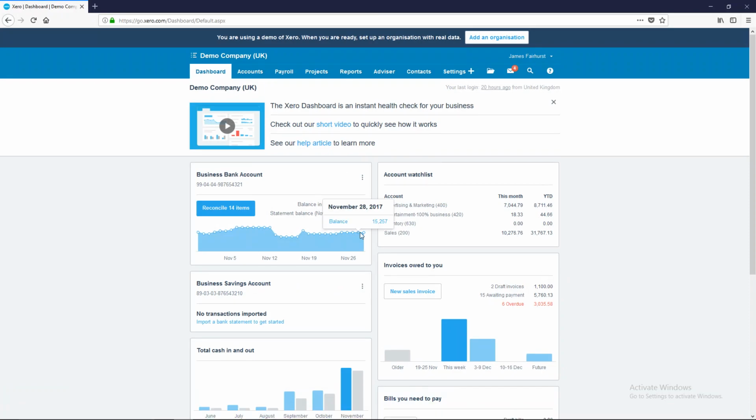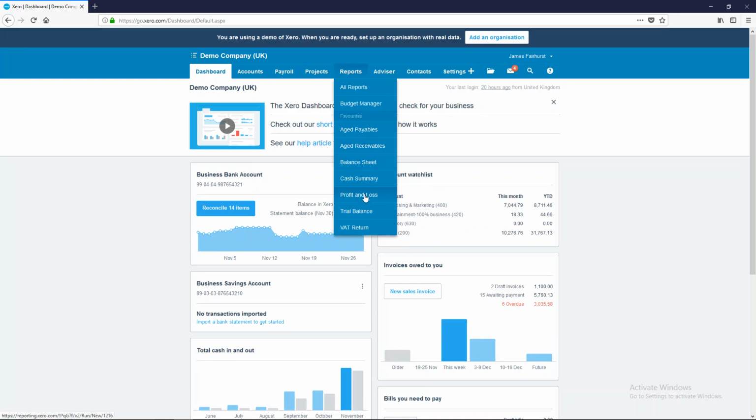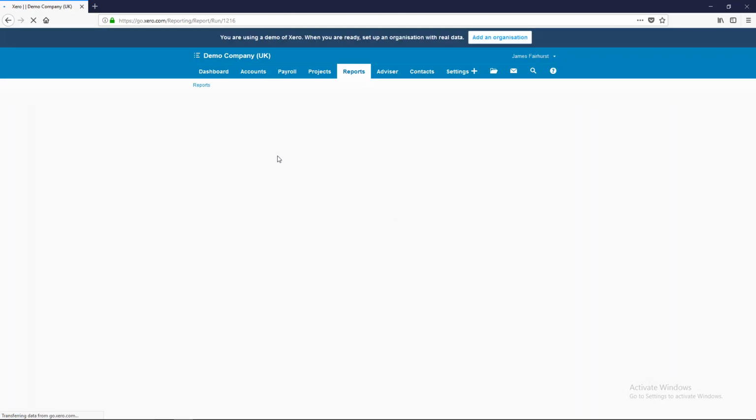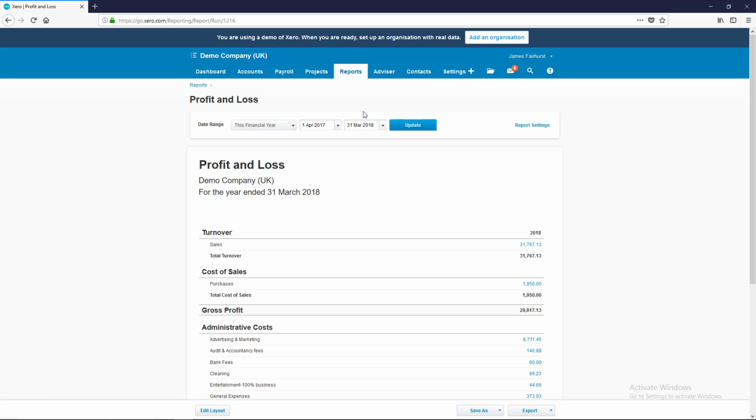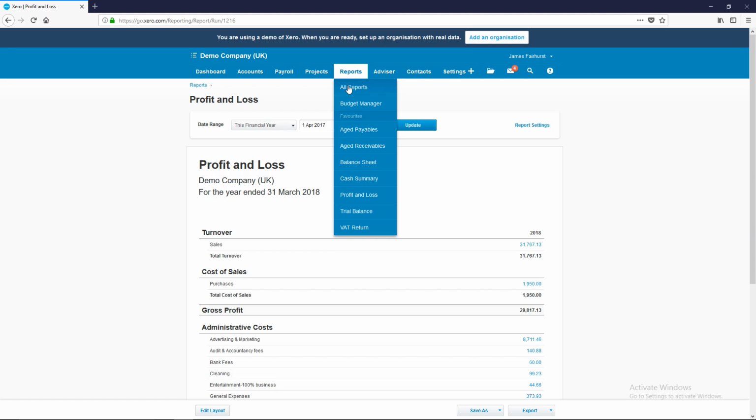Okay, we're looking at the dashboard right now. This is what you see when you first log in, and we need to click on Reports and then Profit and Loss. This is the new version of the report, or at least it should be. Yes, it is. There is an old version, so if it looks different to this, if it looks a bit older, you might need to go into all reports,